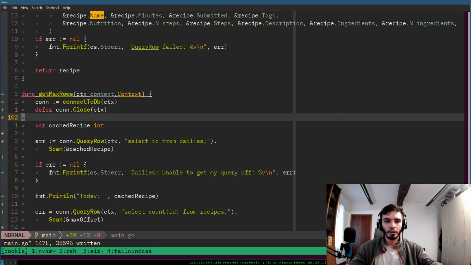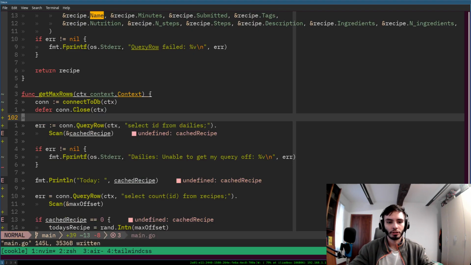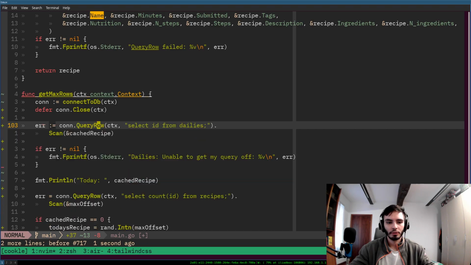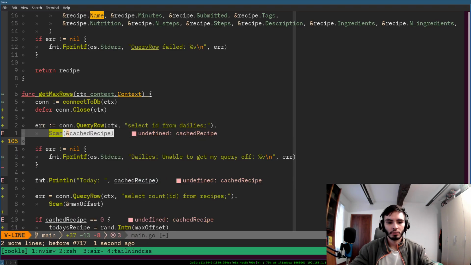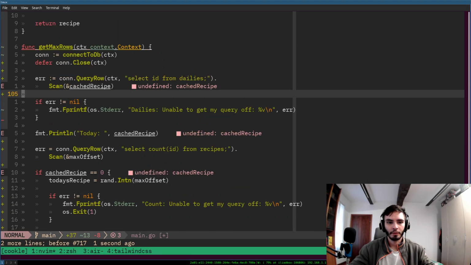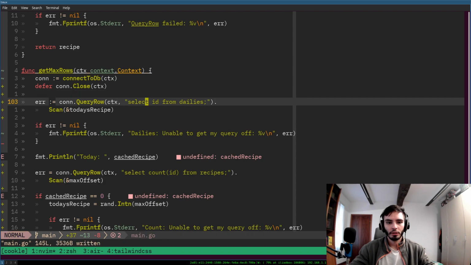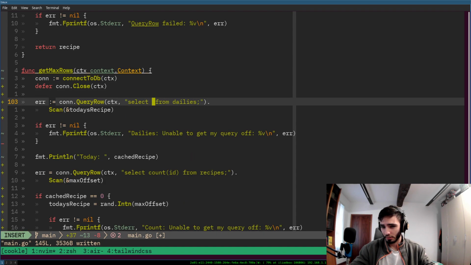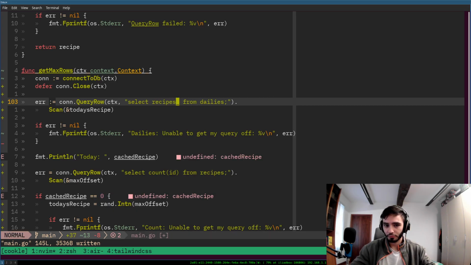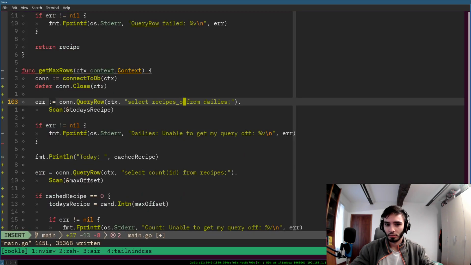So, one at a time. I don't need the cache recipe. Rather, this whole cache recipe business should be simply my today's recipe. So I should select my, what's this, recipes offset